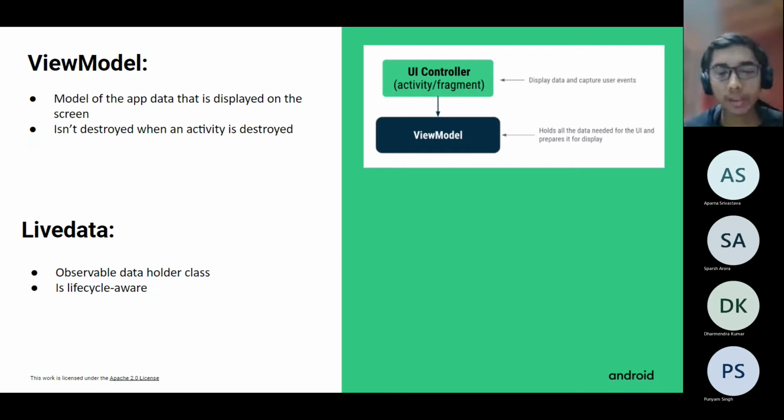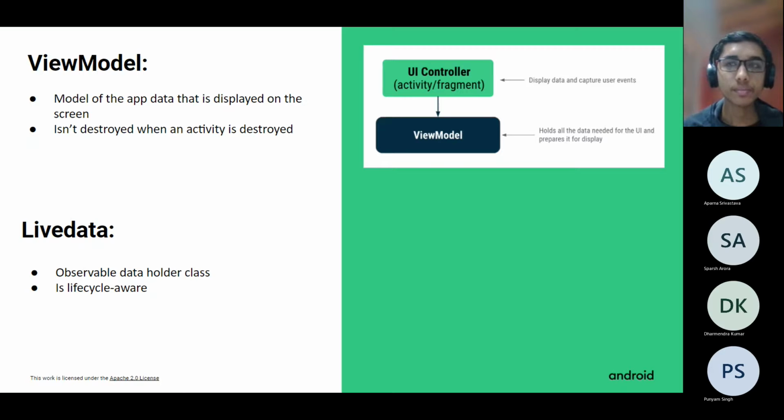So why this has to be done is because you saw the life cycle that we discussed before, right? In the life cycle, the activity can get created, destroyed, it goes out of focus, a lot of things can happen. And sometimes if the Android system runs low on memory, it can even choose to destroy the activity, in which case we lose our data that's there in the activity. So if you're doing things like that, obviously it isn't optimal to store your data in your activity, right? That's why we move it out, and view model helps us with doing this.